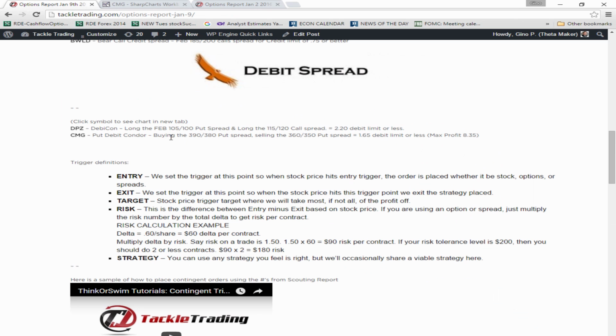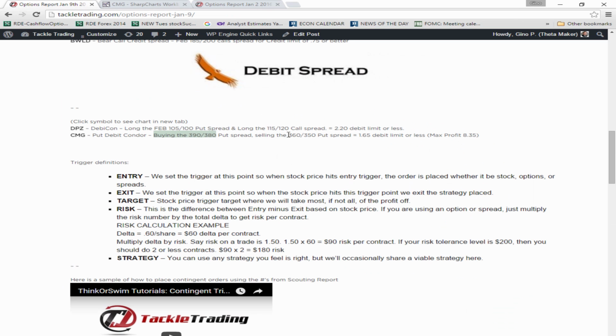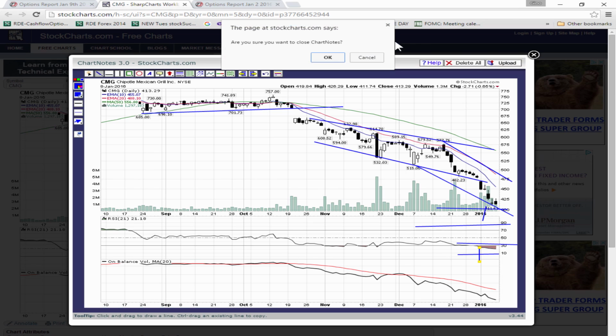On CMG, I'm buying the 390 by 380 put spread. That means I'm buying one way down here. But to make it cheaper, I'm selling the 360 by 350 against it to bring in a credit. So I'm selling the one even farther down here on the graph. So I have a debit here and a credit here, which is your debit condor, which means I can do